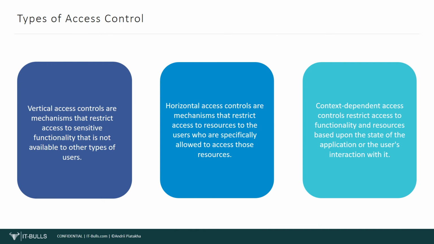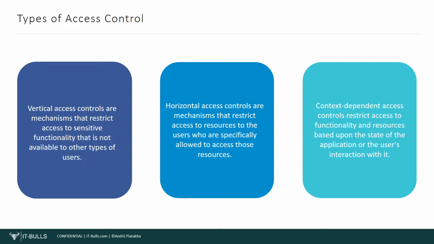There are different types of access control. They are vertical access controls, horizontal access controls, context-dependent access controls. Let's learn a little bit closer each of the mentioned categories. Vertical access controls are mechanisms that restrict access to sensitive functionality that is not available to other types of users. With vertical access controls, different types of users have access to different application functions. For example, an administrator might be able to modify or delete any user's account, while an ordinary user has no